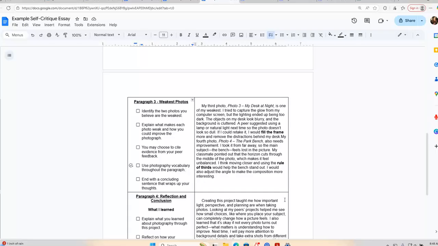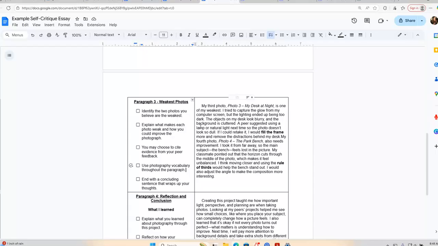My third photo, photo 3, my desk at night, is one of my weakest. I tried to capture the glow from my computer screen, but the lighting ended up being too dark. The objects on my desk look blurry and the background is cluttered. A peer suggested using a lamp or natural light next time so the photo doesn't look so dull. If I could retake it, this would be a great way to tie in how you could improve the photograph, a great sentence starter. If I could retake it, I would fill the frame more and remove the distractions behind